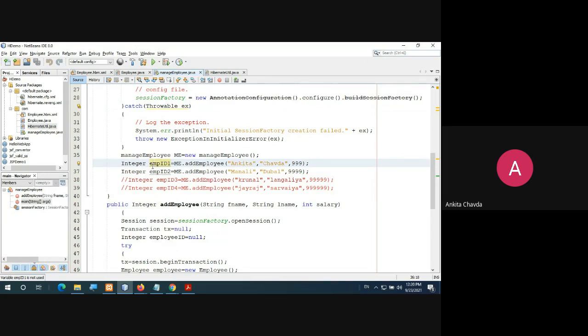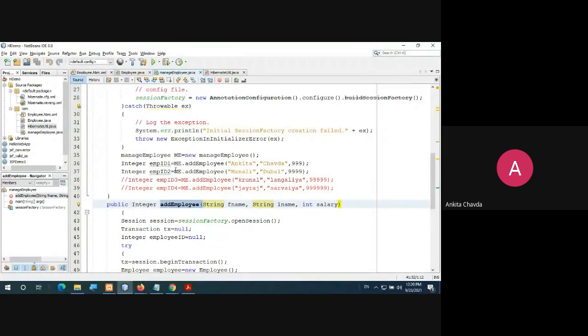Do you remember that in Java we have done this? So employee id 1 equals to me dot add employee. Once I'll call this method add employee, which I have made only, right? We only have made this. We are just calling this method via this object.